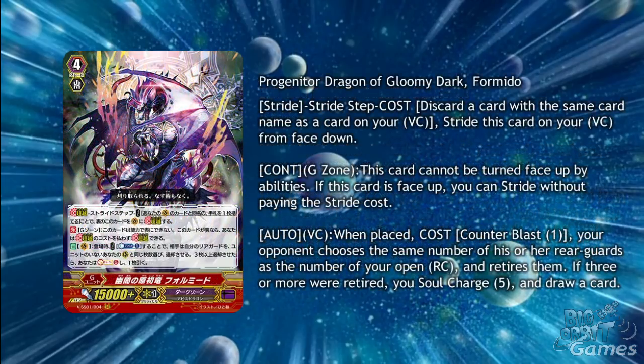The Dark Zone Progenitor Dragon is Progenitor Dragon of Gloomy Dark for Mido. The skill is Auto Vanguard Circle. When placed, cost Counterblast 1. Your opponent chooses the same number of his or her rearguards as the number of open rearguard circles and retires them. If 3 or more were retired, you soul charge 5 and draw a card. This is amazing for the first stride as long as you have an empty field,